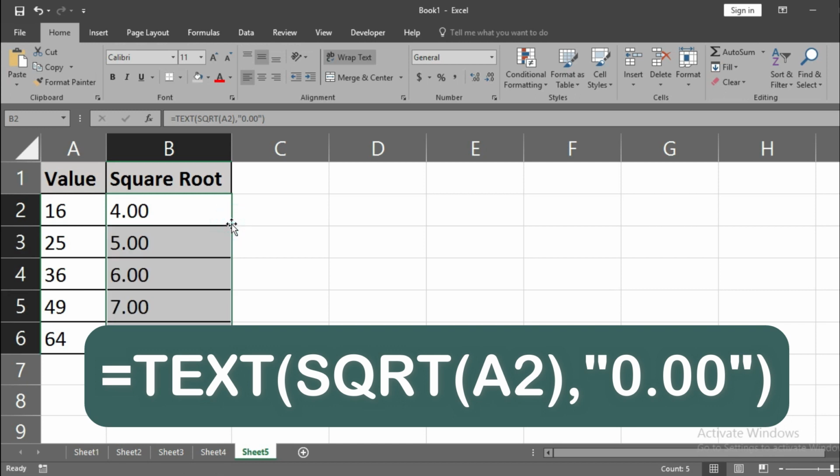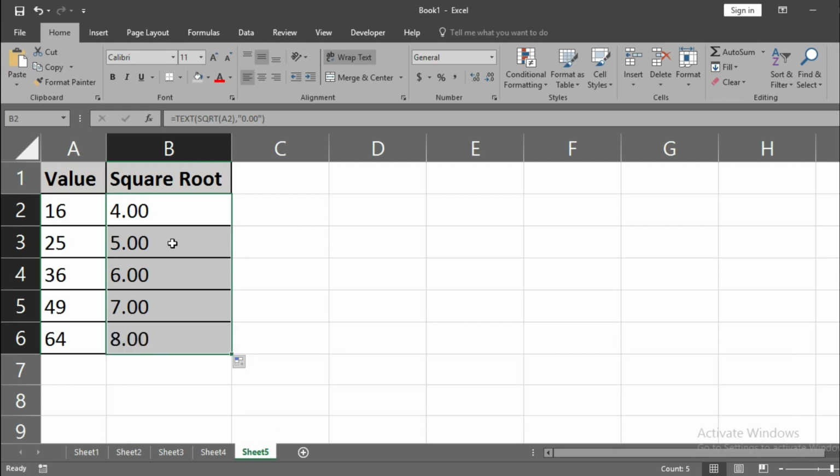The SQRT function calculates the square root, and the 0.00 format displays the result with 2 decimal places. This is a handy way to display square roots in a clear and concise way. These are just 5 of the many ways the text function can enhance your Excel experience. By incorporating these tips into your workflow, you can transform the way you display data, making your spreadsheets more informative